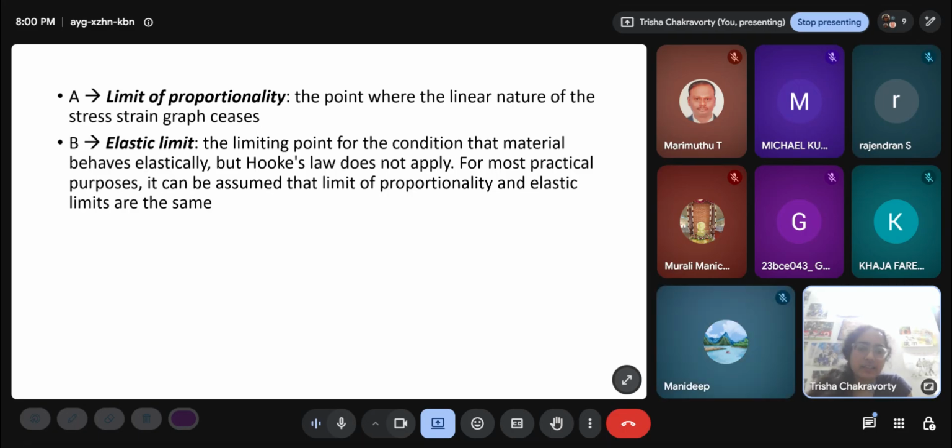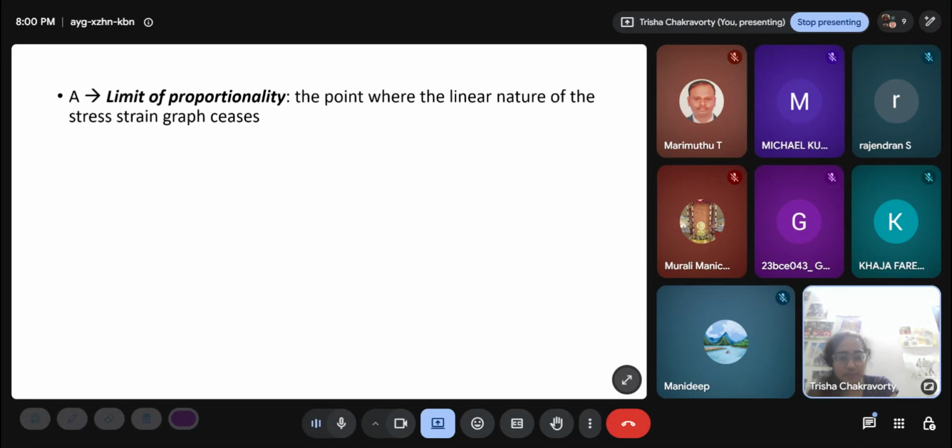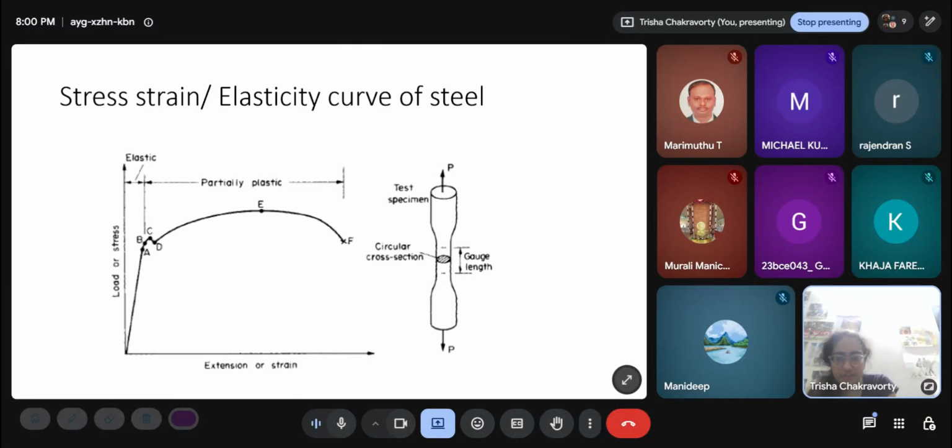What is Hooke's law? Hooke's law says that stress is proportional to strain. So long as it is a straight line, Hooke's law is applicable. Up to A, Hooke's law is applicable. After A to B is non-linear, but it is still elastic. What does elasticity mean? Elasticity means that if you remove the load, the unloading path exactly follows this diagram and returns to the origin here. So if I take it up to B and then I remove the stress, then the entire material will come back to its original configuration. So the strain will become zero again. Like it will just come back along this B to O origin path.